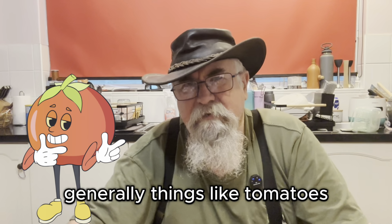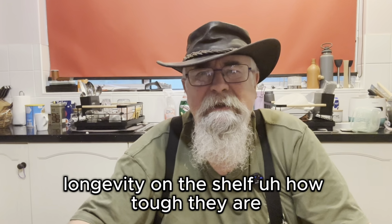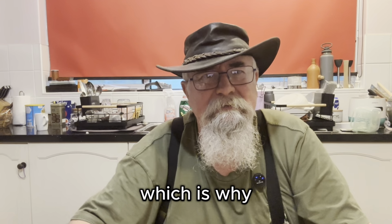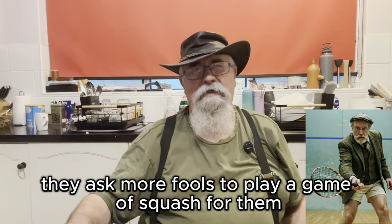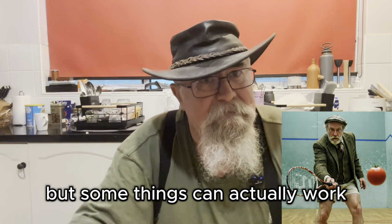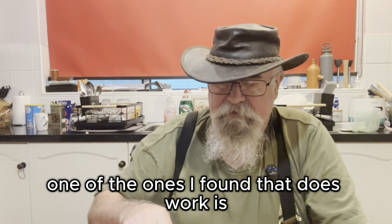Generally things like tomatoes, they're bred for how long they last, longevity on the shelf, how tough they are. This is why shop-bought tomatoes are like a bloody rubber ball. Bounce them off walls or play a game of squash with them. But some things can actually work. One of the ones I found that does work is